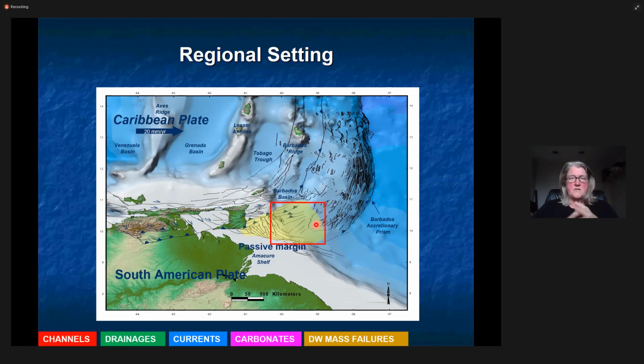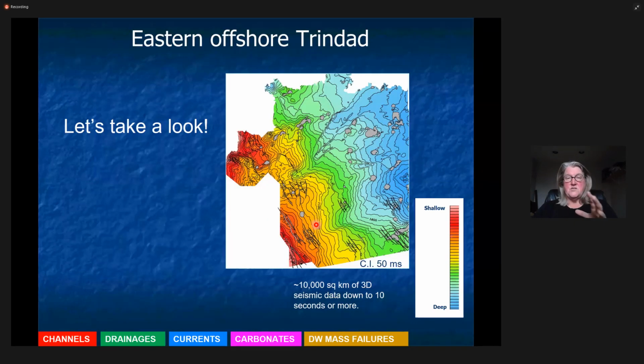This is an area where you're getting a lot of tectonic activity and you're getting a lot of mass failures plowing off into this basin. So if we go and zoom in on that area, you can see the proximal shelf margin up in here with extensional faults. You can see these gray blobs are mud volcanoes, and there are a series of entrants into the margin here. This is just a structure map that was built. I think Lorena Moscadelli may have built this structure map. The whole area is about 10,000 square kilometers of 3D, and we slice and dice it down to about 10 seconds or more, right?